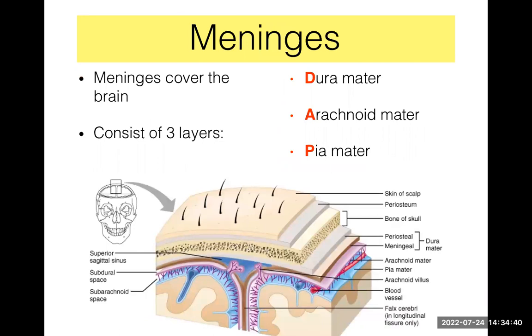With regards to meninges, meninges cover the brain and consist of 3 layers. The mnemonic is DAP: dura mater, arachnoid, and pia mater. The dura mater is the outer layer, a tough fibrous membrane that adheres firmly to the internal surface of the skull. It has fixed sides. The dura splits into 2 leaves and encloses large venous sinuses, which are major venous drainage from the